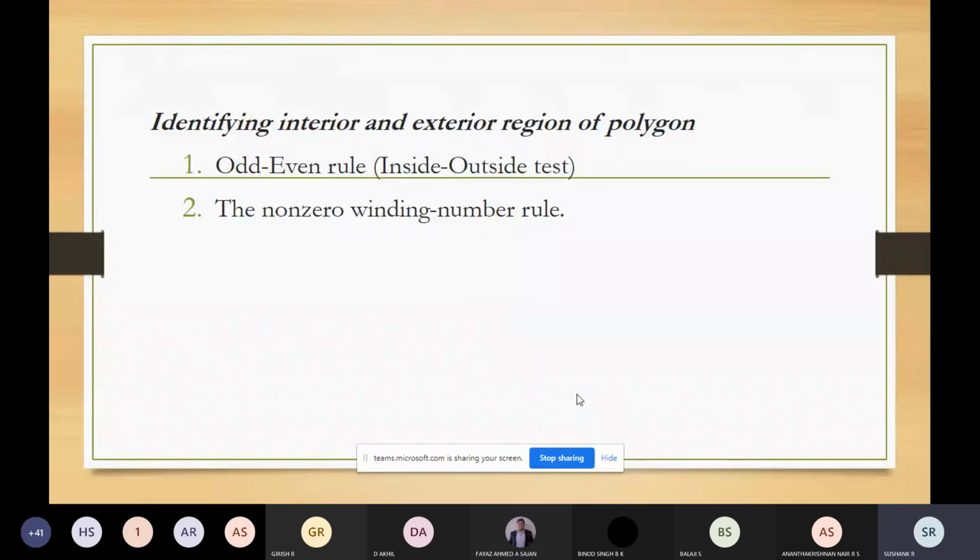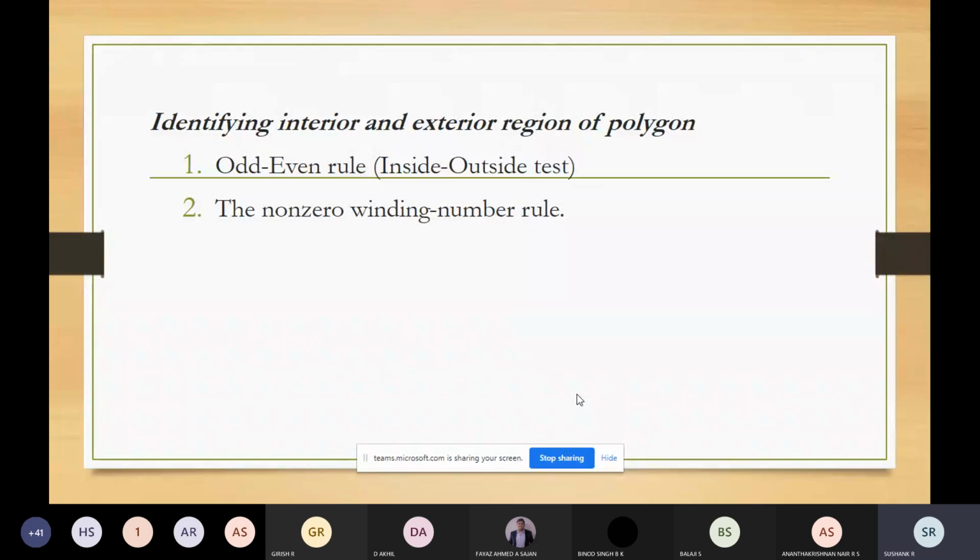It is used for identifying the interior region or exterior region of a polygon. For example, there is some random point on the screen, and you want to decide whether that point is inside. As a human, by looking at the point, you can decide, but the machine should know whether that point is lying inside the polygon or in the outside region of the polygon. So we decide whether a point, or an object, is inside or outside the polygon.